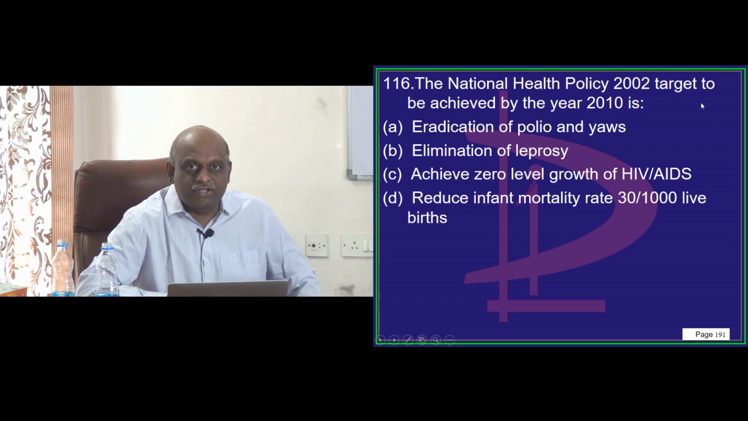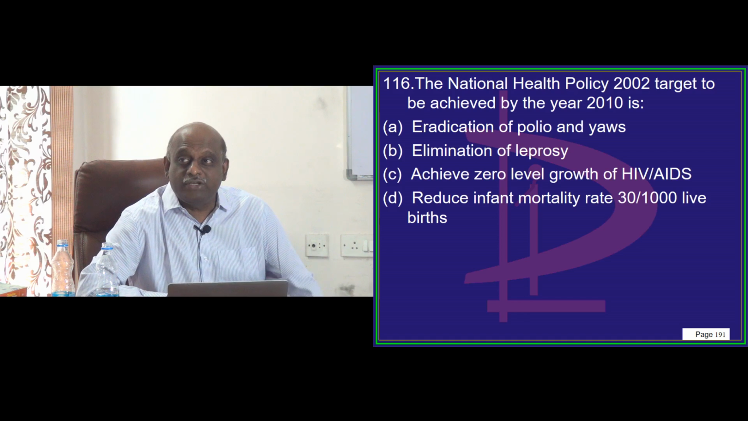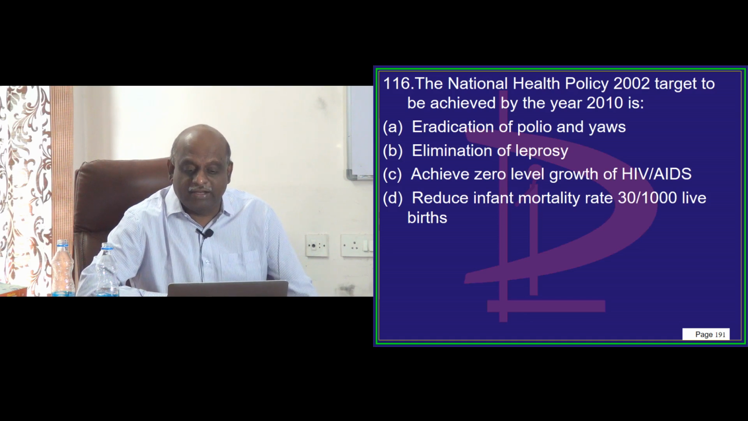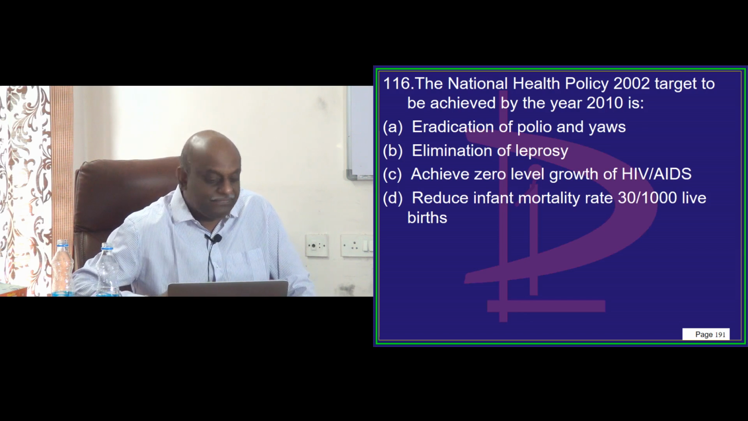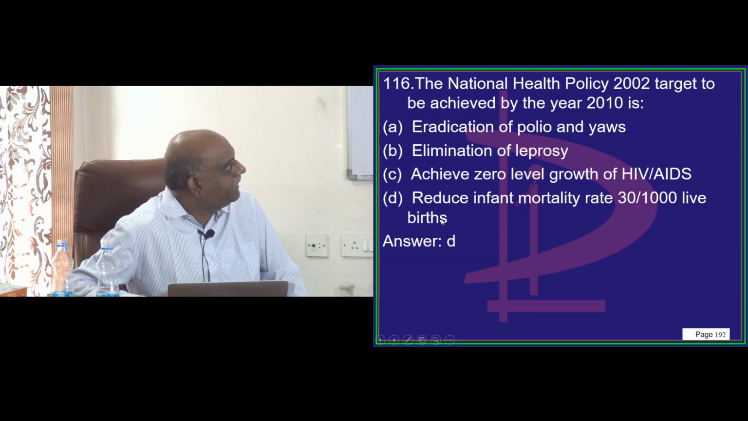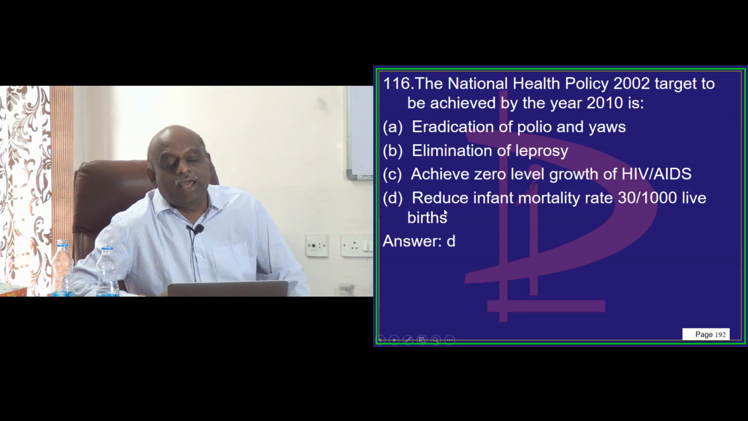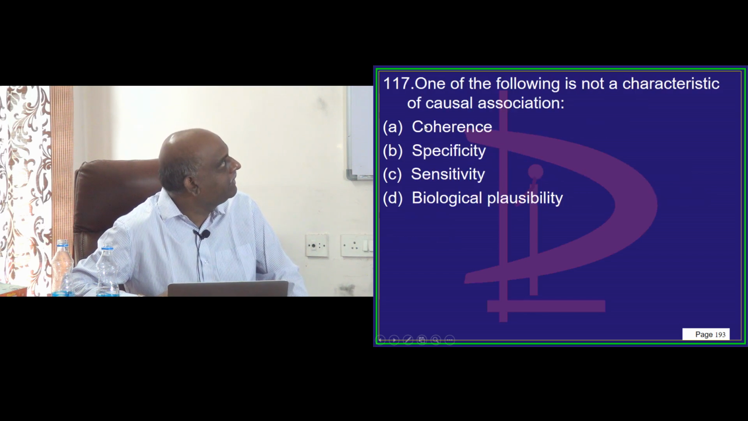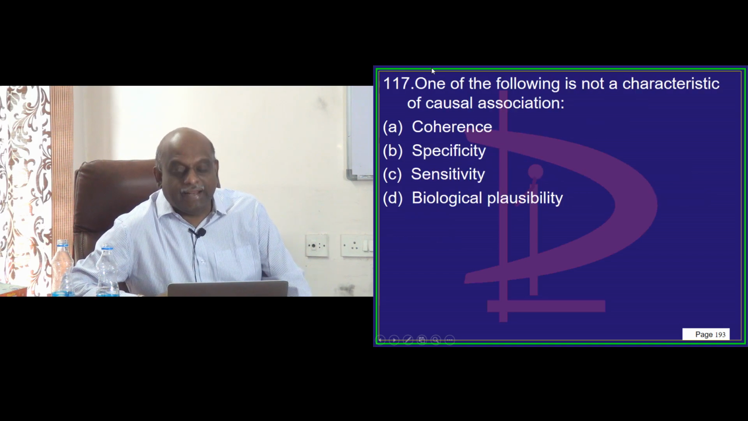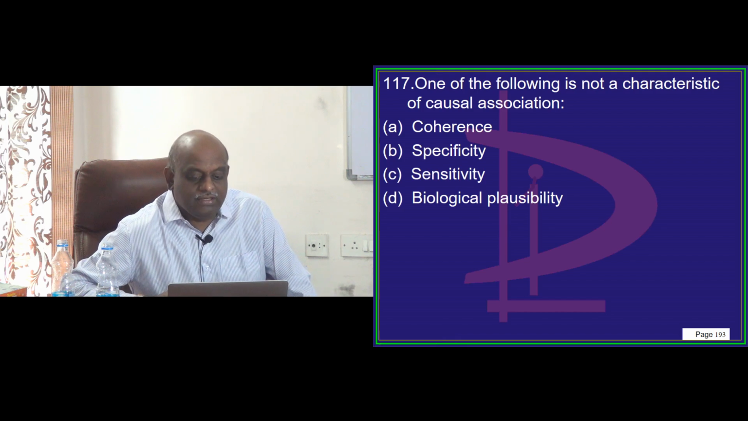Elections भी आ रहे हैं, next general elections, you will be the postgraduates while our nation goes into election to vote the Prime Minister. That's good. So, reduce infant mortality to 30 was our slogan long back in 2010, which is not a character of causal